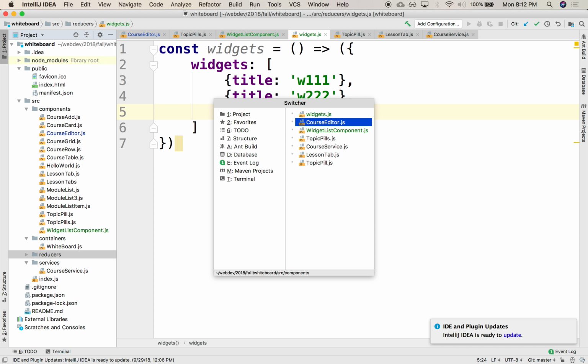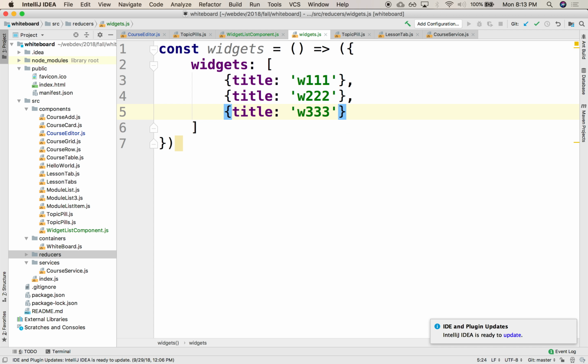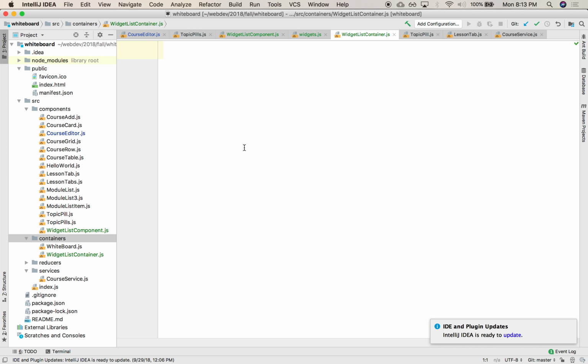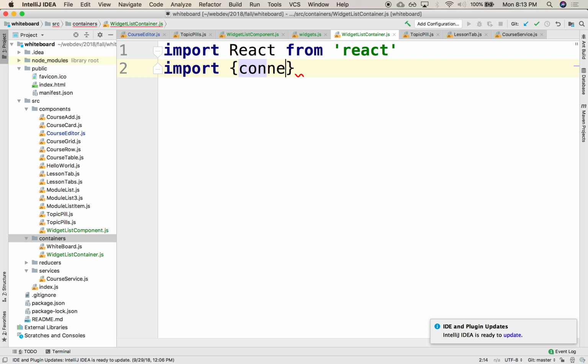So let's look at that. So how do we connect the reducer and the component? We need a container. The container is going to do the mapping between the state generated by the reducer and the properties. Okay, so let's do that. Let's create a container here. So this will be the widget list container, right? And we already know what goes in here. We'll need to import React from React. We'll also need the connect function from where? From the